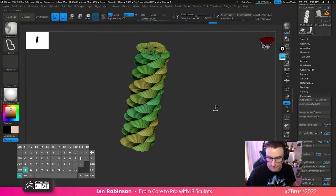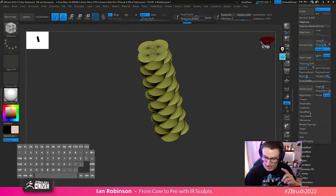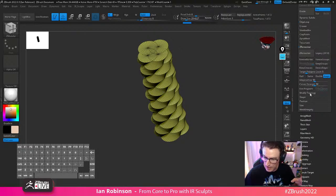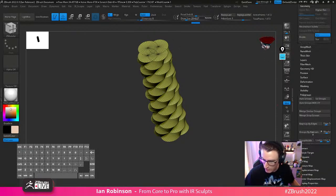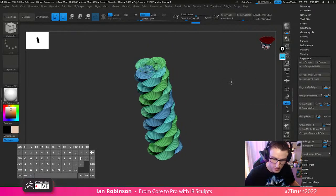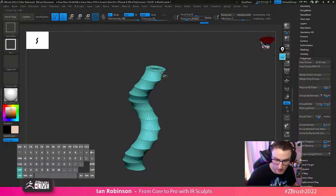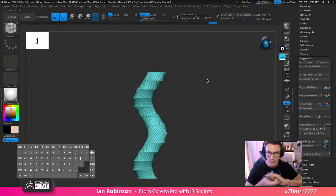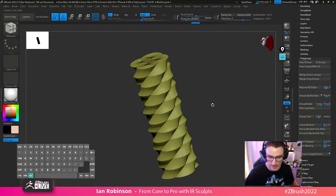Now, let's say it's all one polygroup, and you were following a weld, you go to modify topology, then you weld points, and then you try to go to auto groups, you might get some slightly different results. But as you can see here, auto groups still kind of bails me out a bit because it's not fully merged together. So anytime you have your mesh that's singled out like this, as long as it's not welded together,